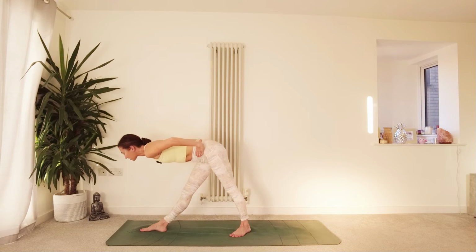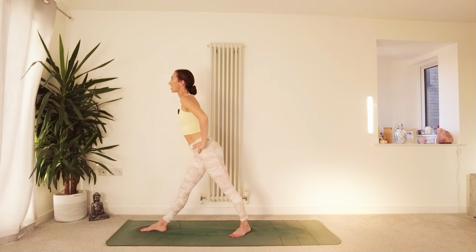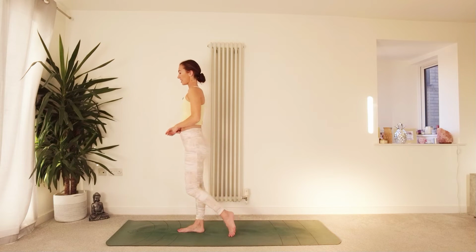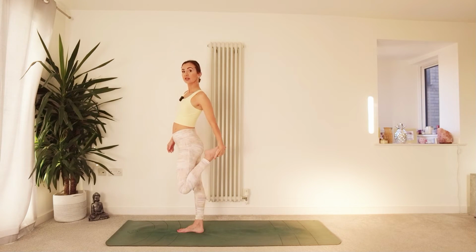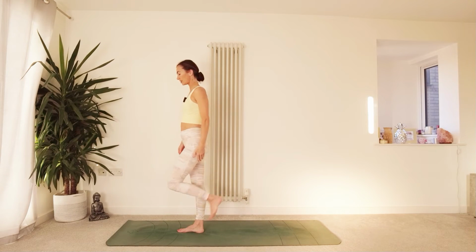Inhale, bring the hands back to the hips, keep the spine long, start to lift the chest, coming back up to center. Now from here, we're going to ground into the right leg and bending this left foot in, seeing if you can bring your hand to the left foot and find